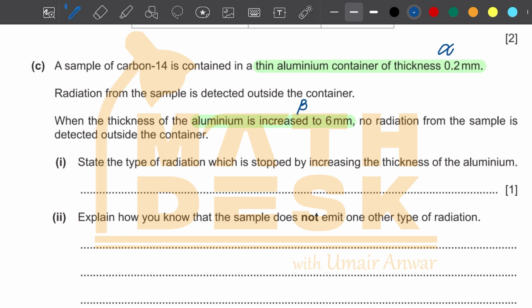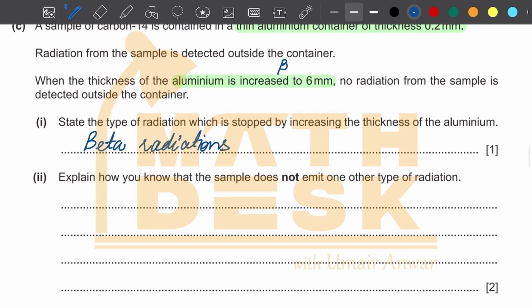State the type of radiation which is stopped by increasing the thickness of aluminium. So the type of radiation stopped is beta radiation or the particles. Explain how you know the sample does not emit one other type of radiation. It does not emit gamma radiations